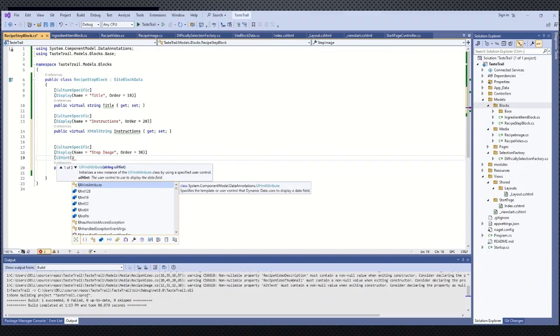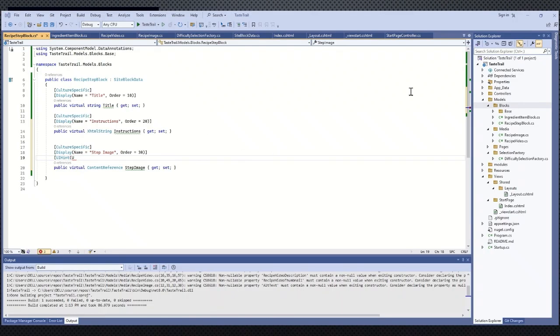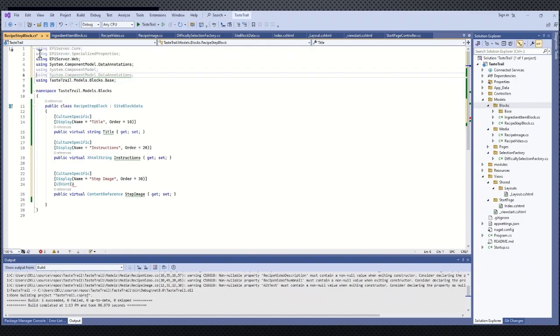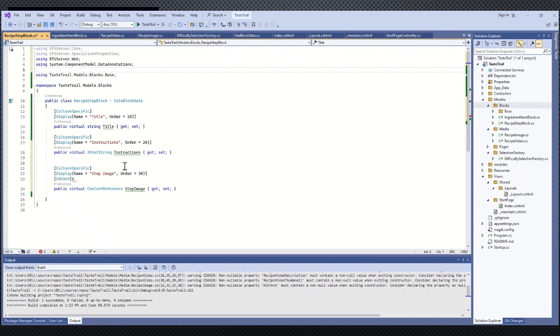I would need some libraries from here, some core libraries. So let's just import those libraries from there and remove the duplicates. And then let's say I want UI hint. Yeah, I get that now. So that's in the web namespace, right? AP server web namespace. So UI hint dot image,